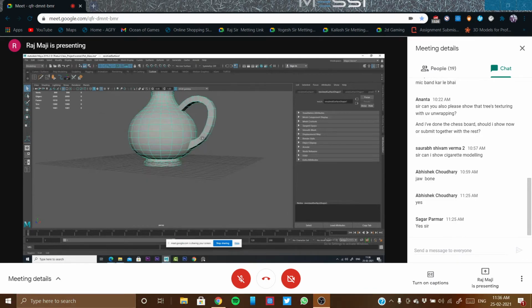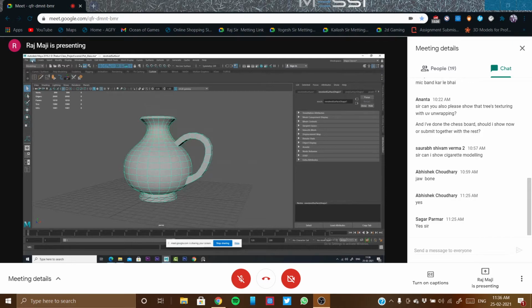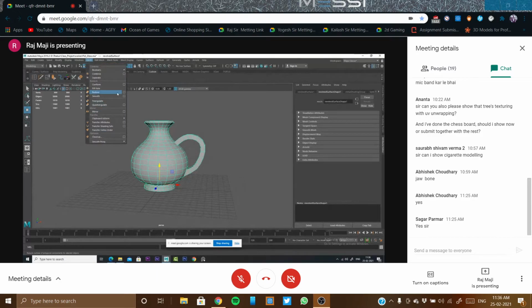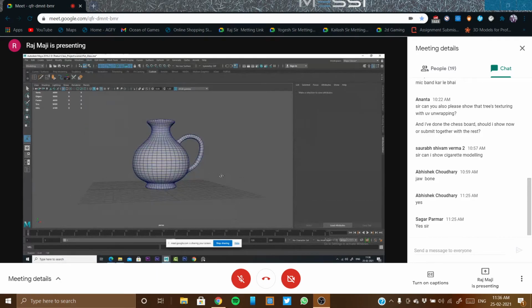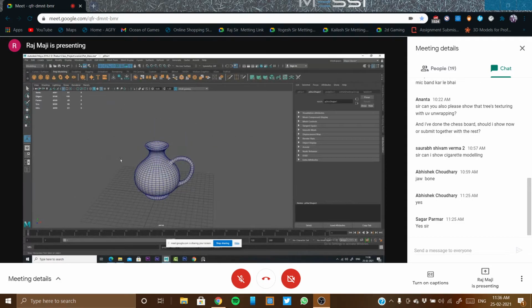Something like this. Okay. So edit, delete by type, history. Keep it on the plane and mesh smooth. Okay, so I wanted something like this, and creating a plane.